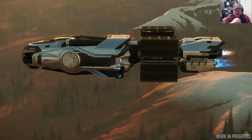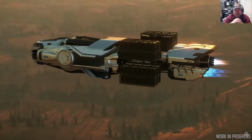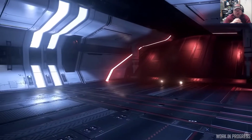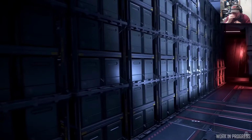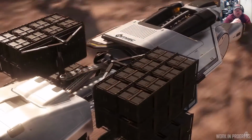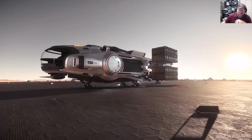With the game as it is right now, loading cargo is a very simplistic mechanic. You go to a terminal, you click buy, bam, it pops up on your ship. But that is changing in the near future, where it is going to become an actual physical loading process. So having externally mounted cargo...